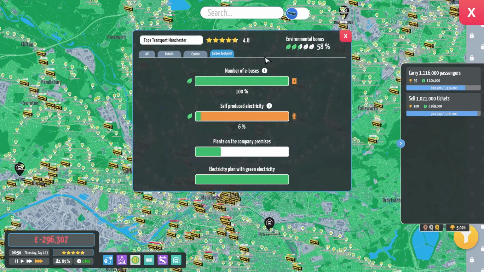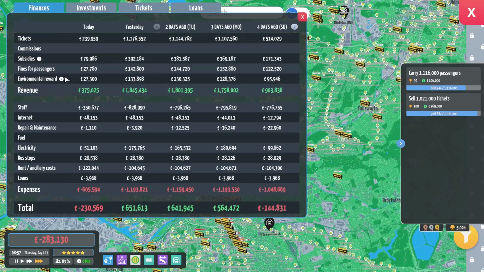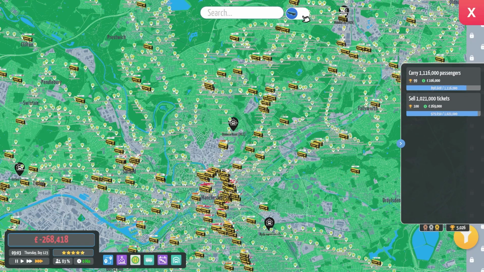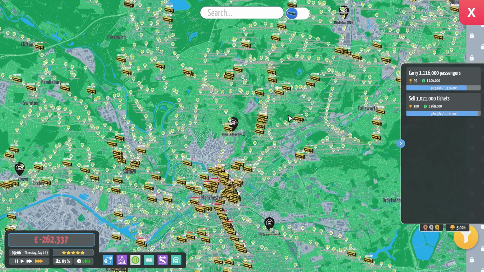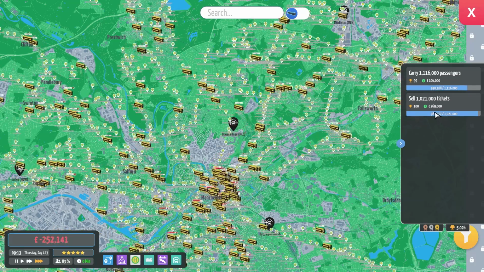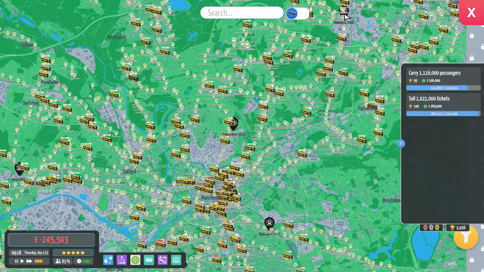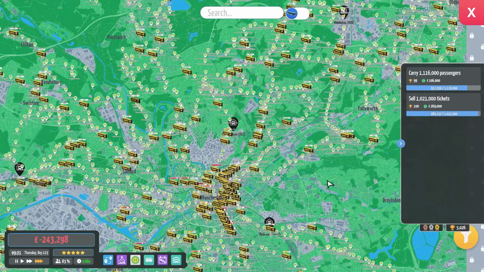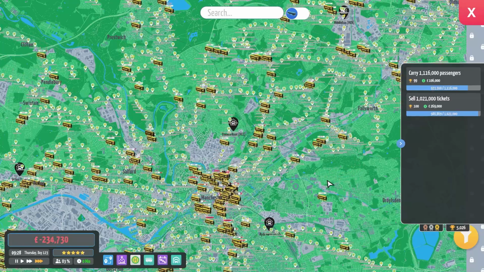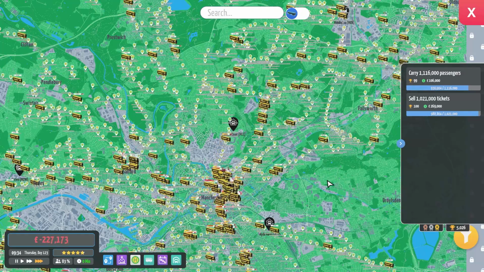Once this gets to 100%, I think it's a 50% bonus on sales or something. At the moment, we're on 15, so if we get to 50% bonus, then that's going to be absolutely amazing. But yeah, we're literally 40,000 ticket sales away, 200,000 passengers away, and we're past 9 o'clock as well. So as soon as we hit those two goals, we're literally going straight in on Middleton, getting every bus driver that's there